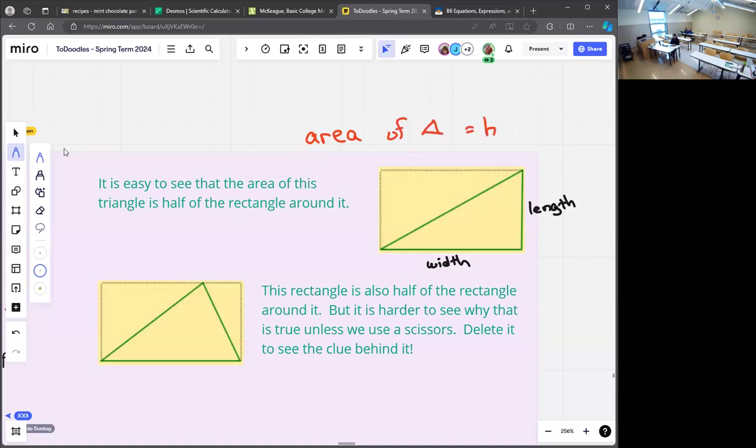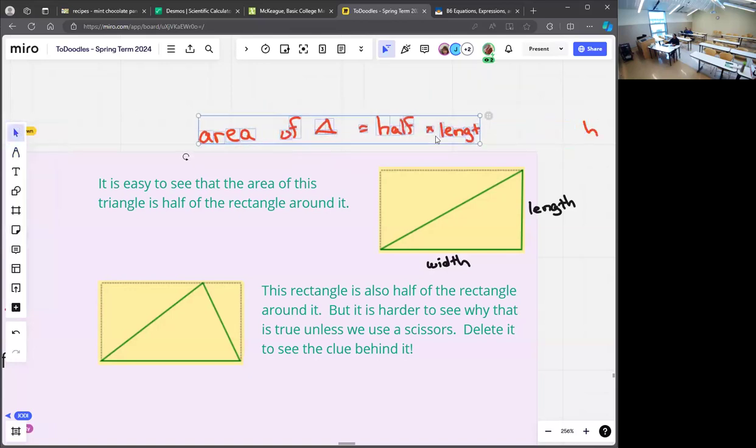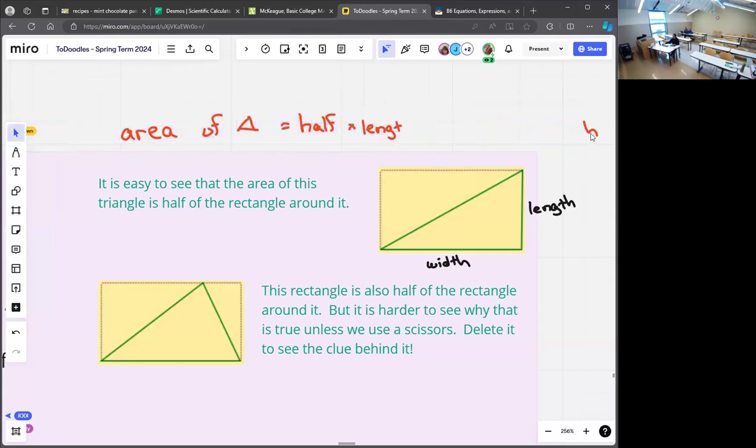Is half of length times width. I lost my page, okay. Now, the tricky part is what about